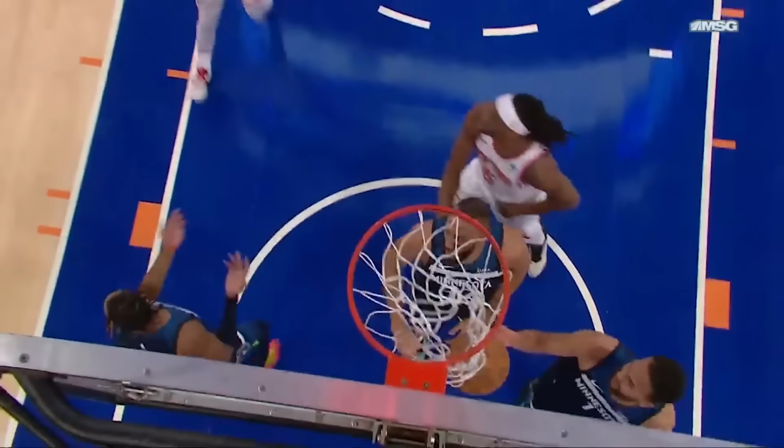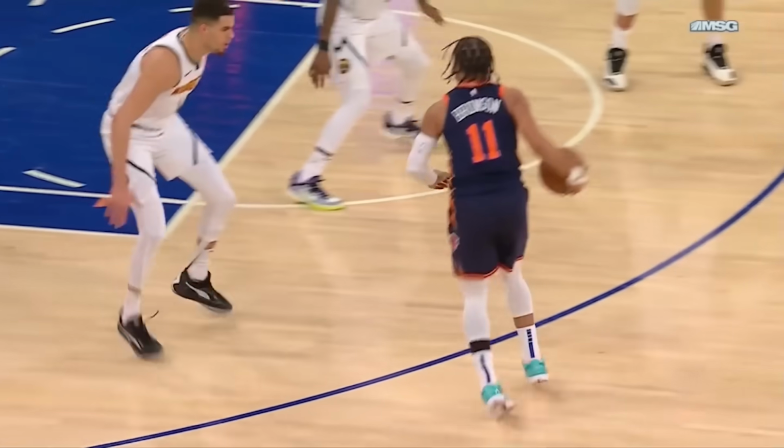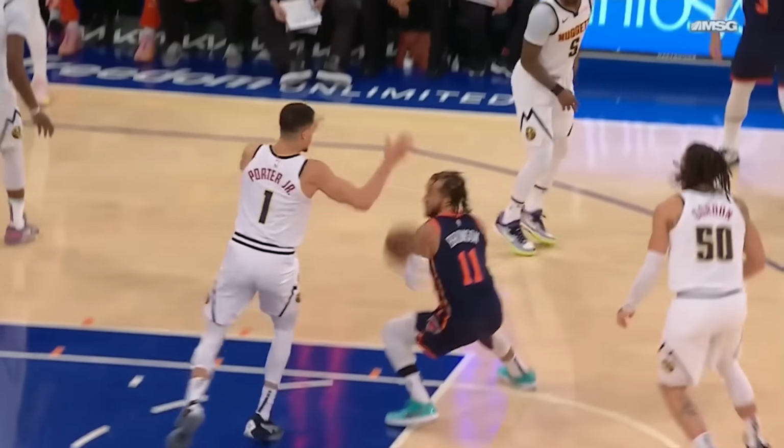You might hear the phrase playing off 2 feet and wonder what it means, and Brunson is the poster child for it. It's really a concept that needs to be seen in person to fully comprehend how important it is,